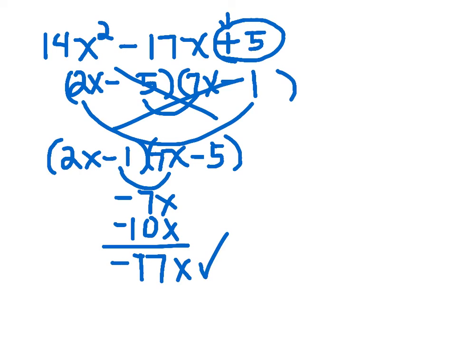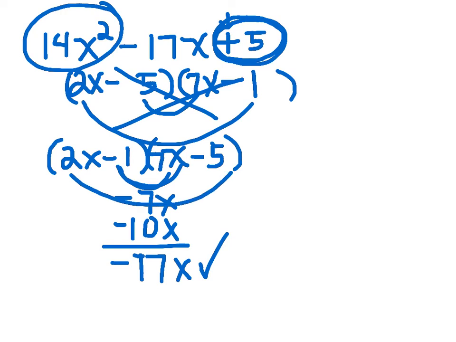So you choose your guesses based on this, and then you check based on the outer and the inner, the O and the I. So F and L here, and O and I here. One other thing I do want to show you, and this might not stick because it might not make any sense, but if I'm looking to factor,